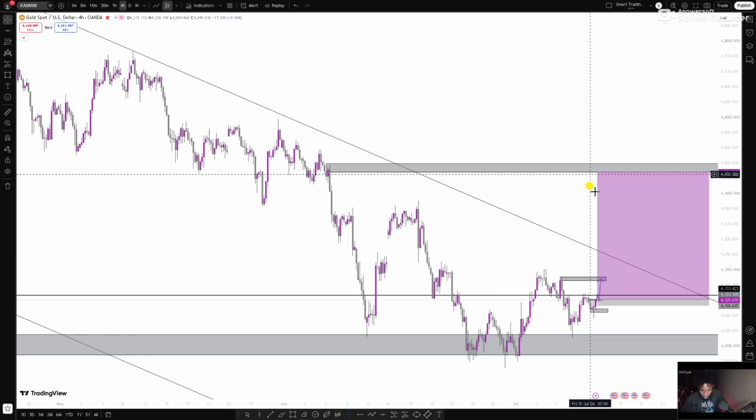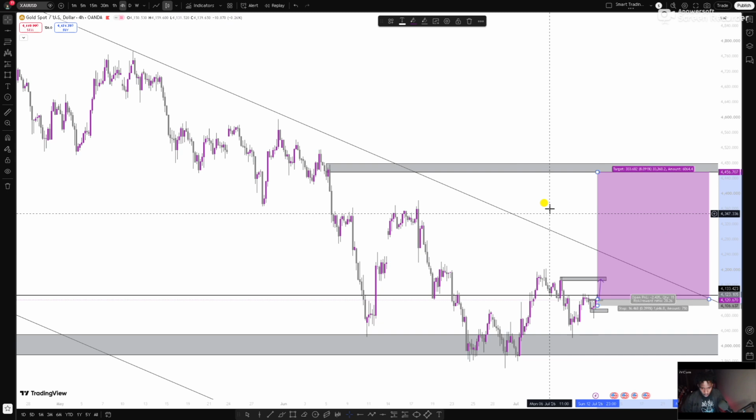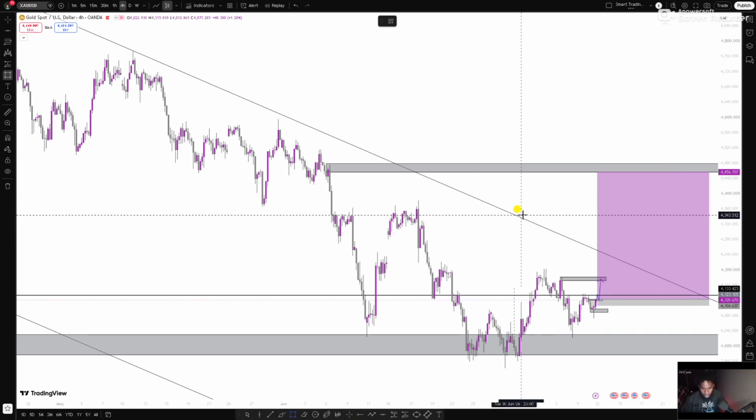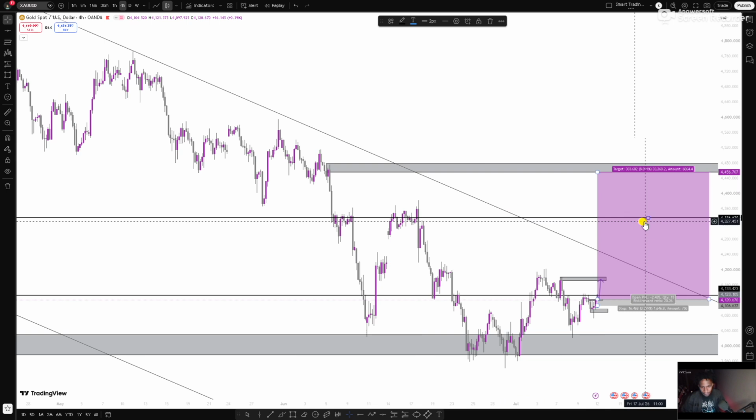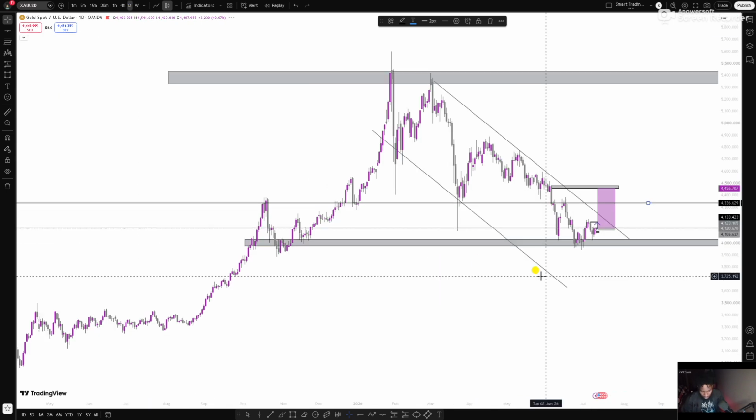Yeah, for gold, this is not where we are going to stop, but obviously the market will likely come and retest right over here, somewhere at this level. Let me just put it in. I don't like to make my chart dirty. But yes, the market has to come and retest over here. And going on a bigger view, on a daily time frame,